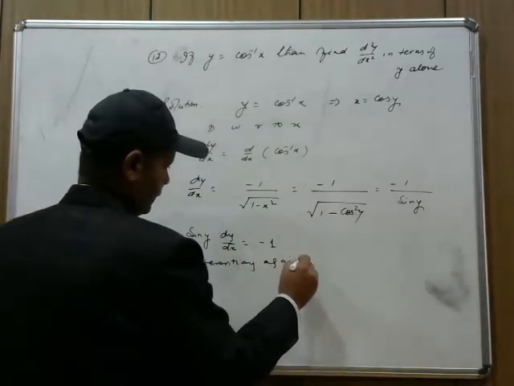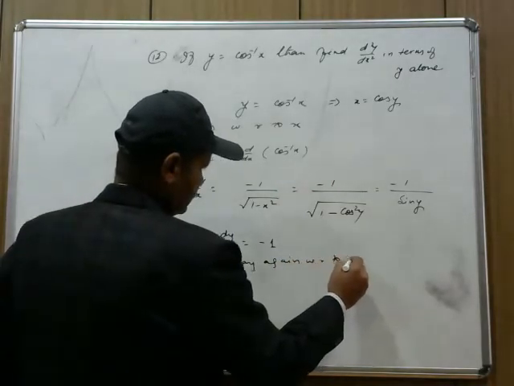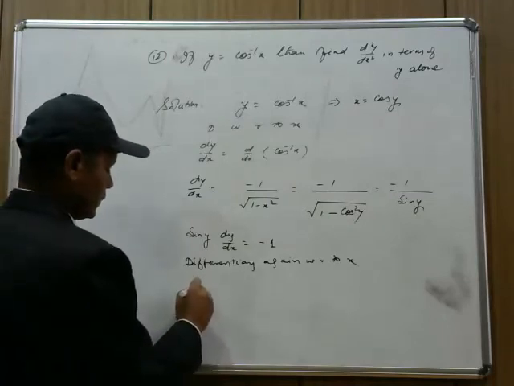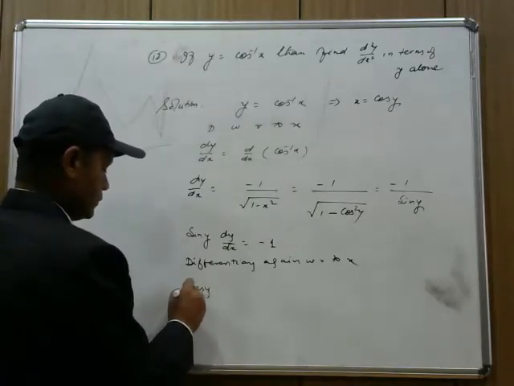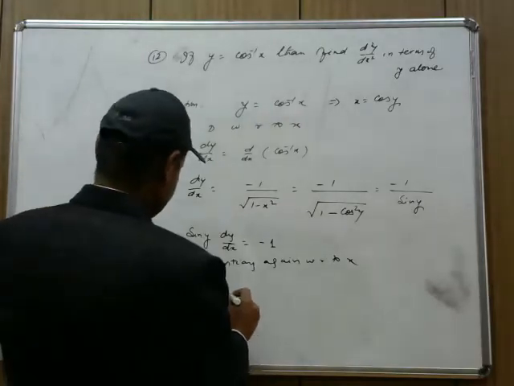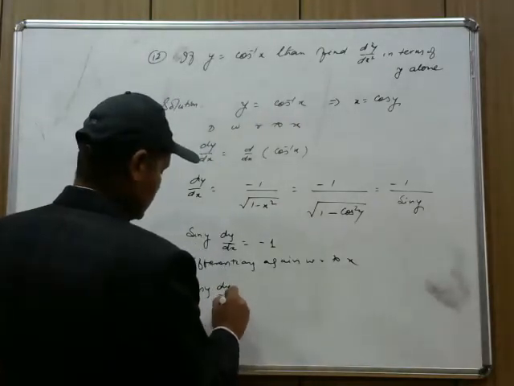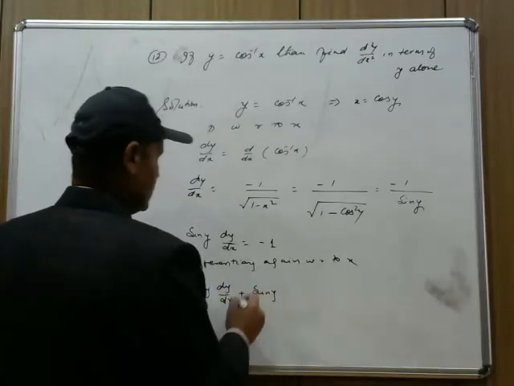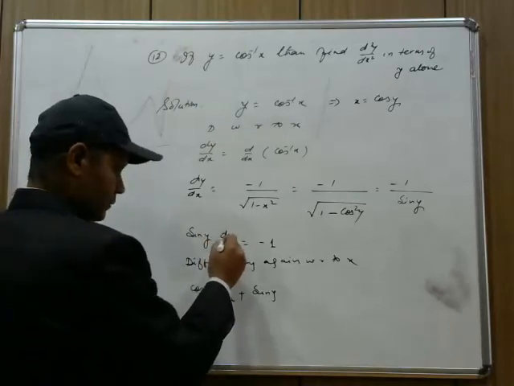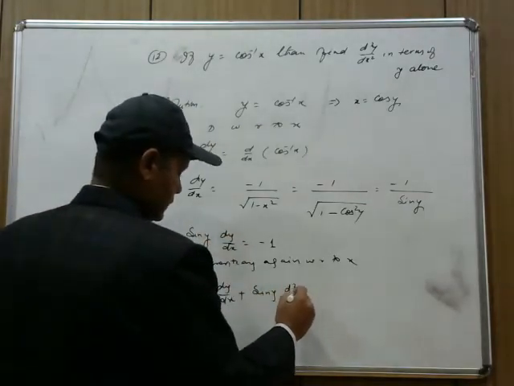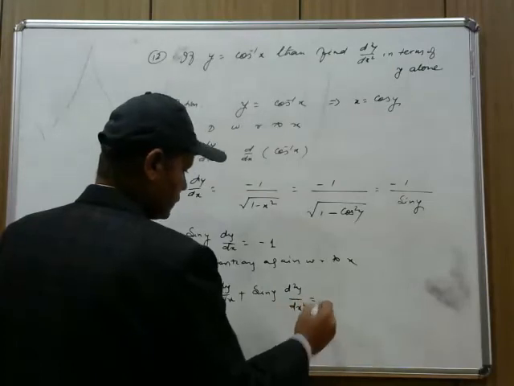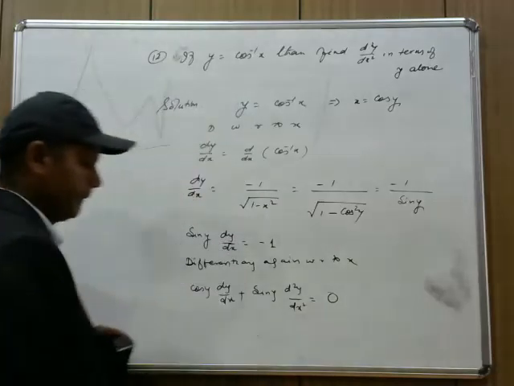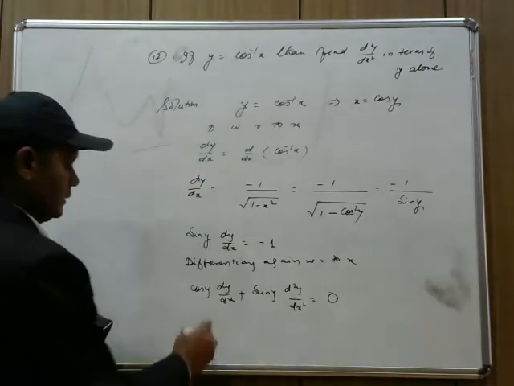Now differentiating again with respect to x. Now differentiation of sin y will be what? Cos y into dy/dx, plus sin y into d2y/dx square. Differentiation of the right side will be 0. Right? So now what I got? Sin y